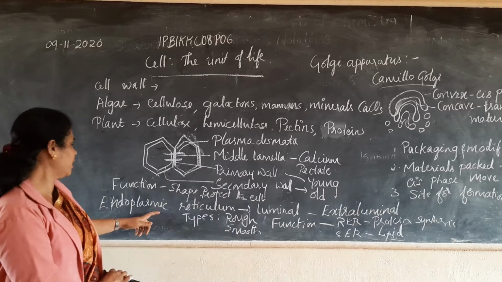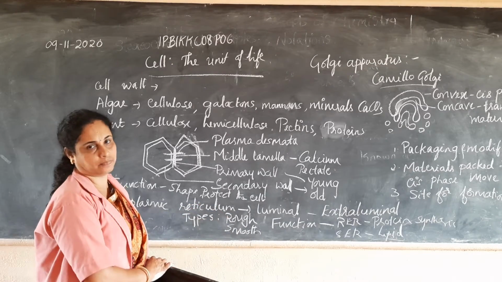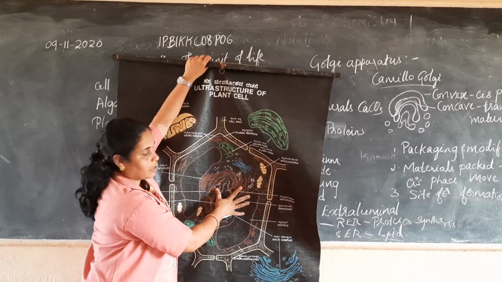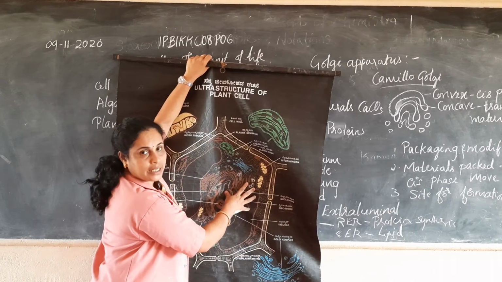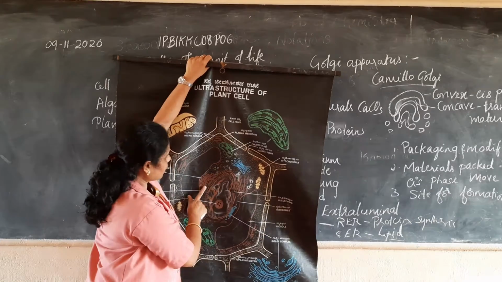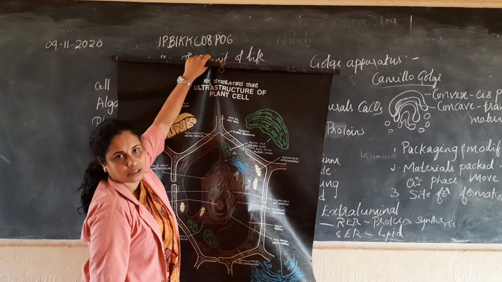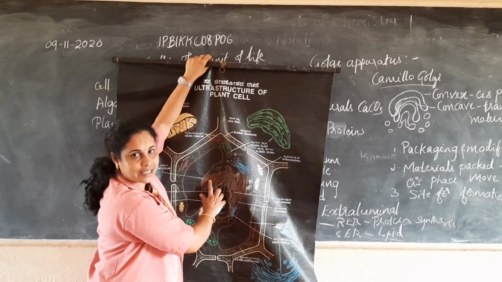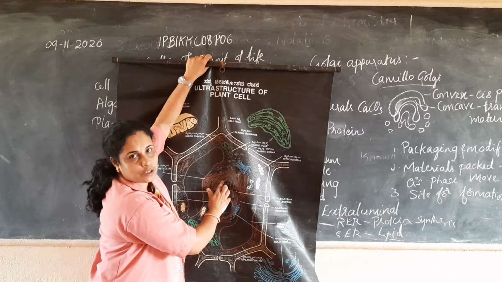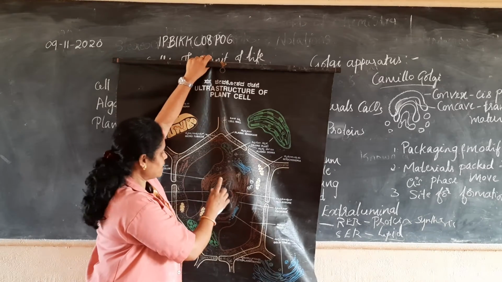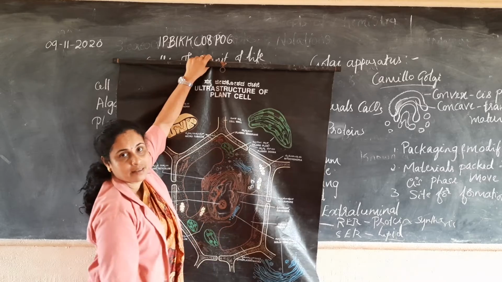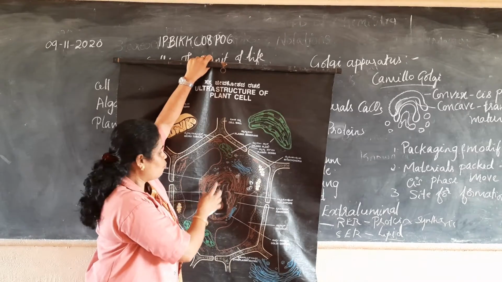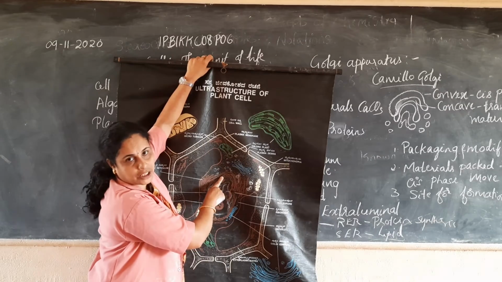The next organelle is the endoplasmic reticulum. Endo means inside, plasmic means cytoplasm, and reticulum means network-like structure. That is, the network-like structure present in the cytoplasm of the cell is called the endoplasmic reticulum. This endoplasmic reticulum divides the whole cytoplasm into two spaces. One within the endoplasmic reticulum, that is